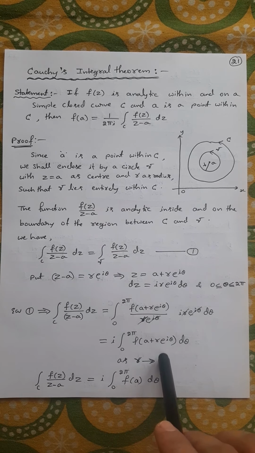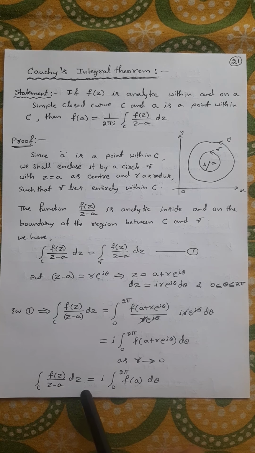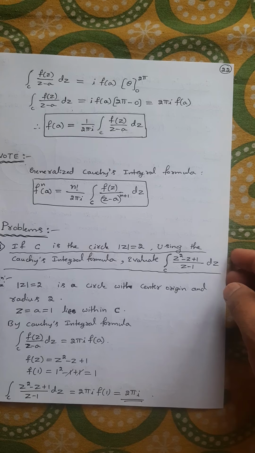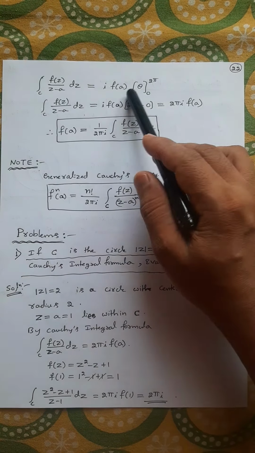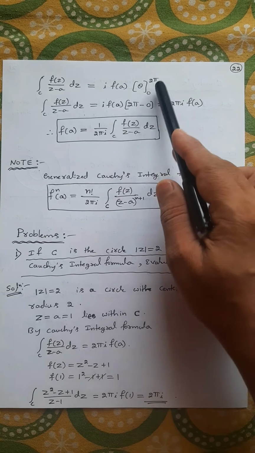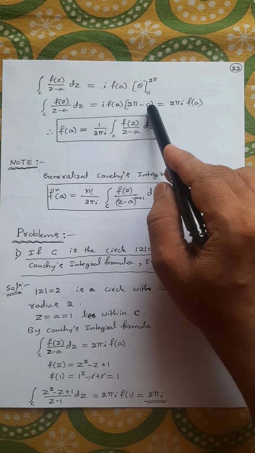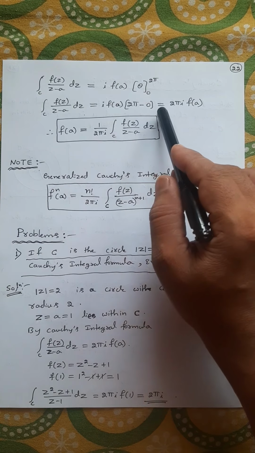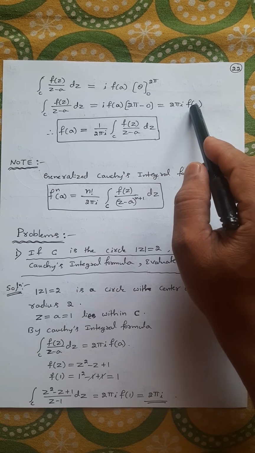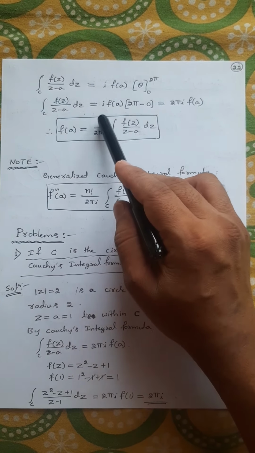As r tends to 0, suppose r is 0, we get i into integration from 0 to 2 pi of f(a) d theta. Integration of d theta is theta, over the limit 0 to 2 pi: upper limit 2 pi minus lower limit 0. That equals 2 pi i into f(a), or f(a) equals 1 by 2 pi i